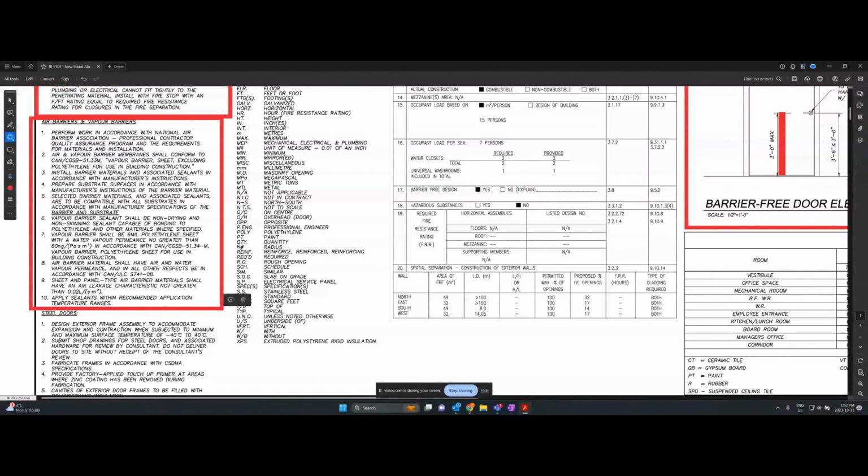Selected barrier materials and associated sealants are to be compatible with all substrates in accordance with manufacturer specifications of the barrier and substrate. So again, just making sure that the product is approved to stick to, say, block or drywall or brick or whatever. Vapor barrier sealant shall be non-drying and non-skinning sealant capable of bonding to the polyethylene and